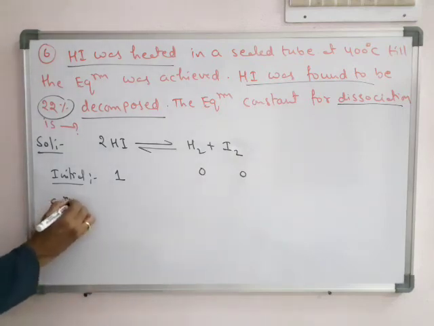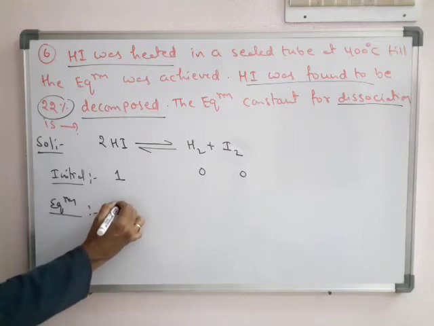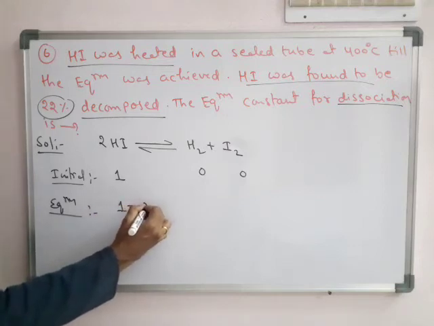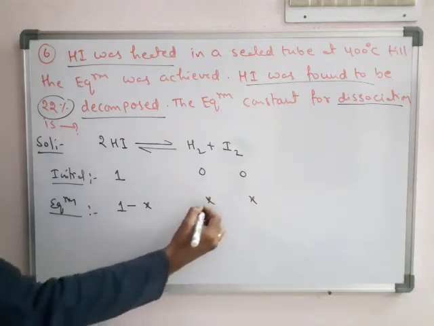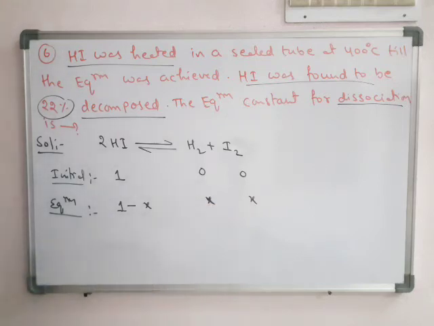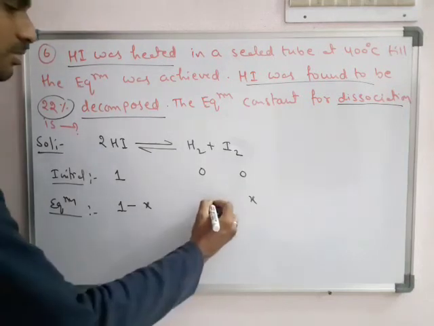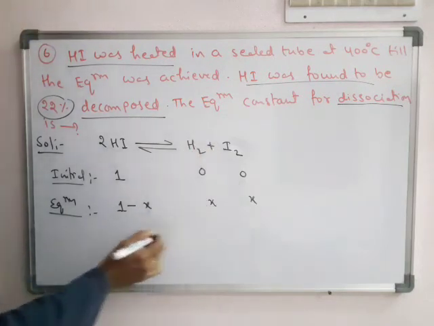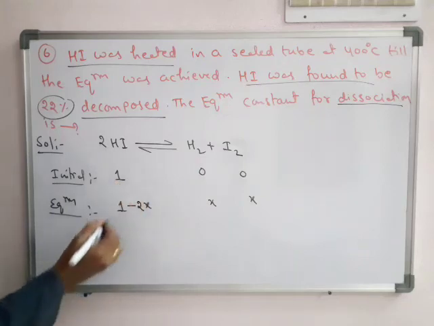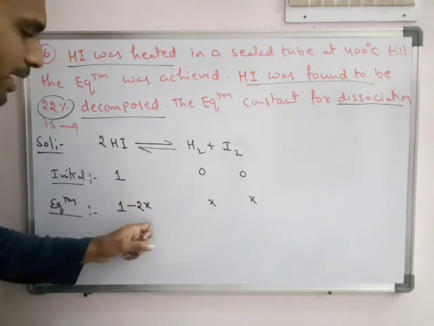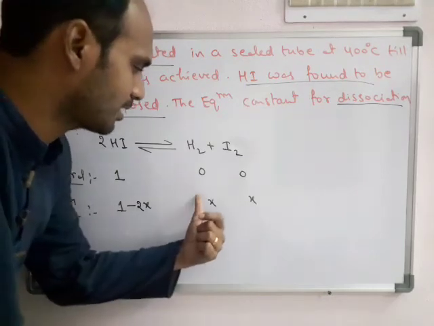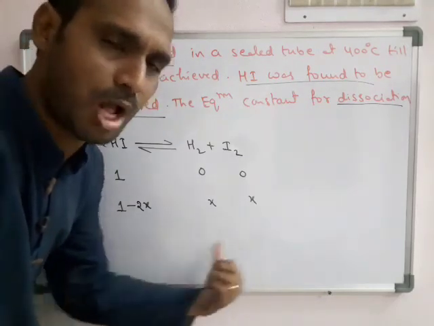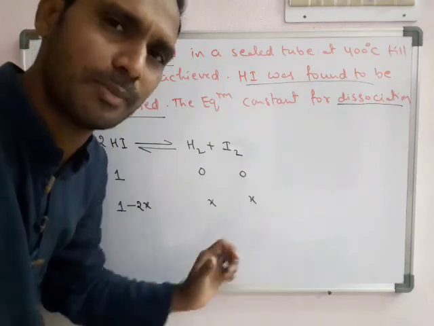So what is the equilibrium? We know how to write it in general. So 1 minus x. Next we convert, we take in terms of moles. Here how many moles are there? 1 mole. Here also 1 mole. Here 1 mole. How many moles? 2 moles. So here we can write 1 minus 2x. Sometimes it is also given as 1 minus x, this is x by 2. But normally we follow the starting method, we are following this only.